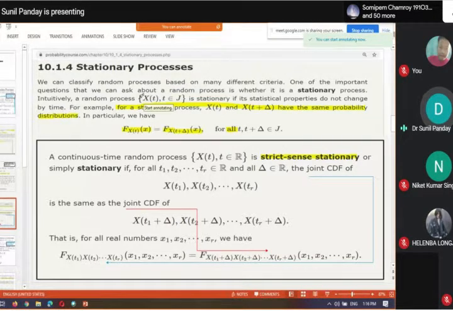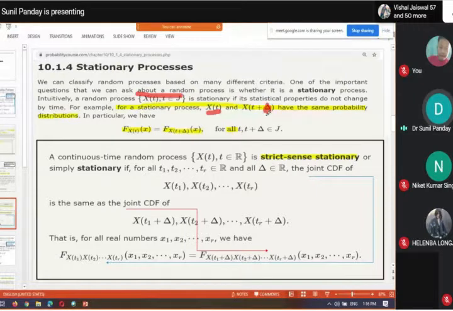So you have one random process X, and you say it is stationary if you take any random variable X_t, and this delta is any real number, a time difference: this time minus this time gives the delta, so it's some real value. If the distribution function of this random variable and this random variable are the same, then we can talk about this as a stationary process. So we define it in a proper sense.